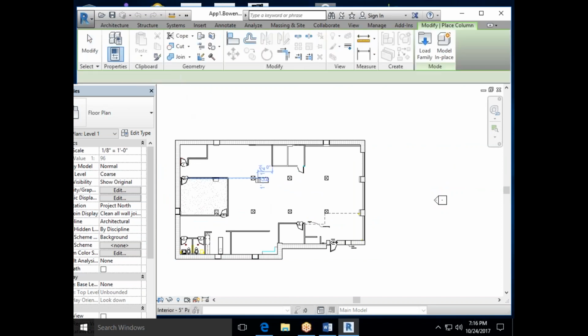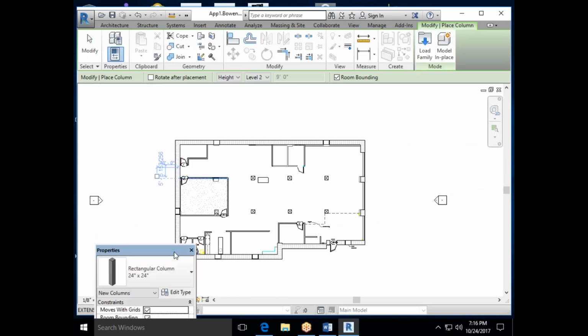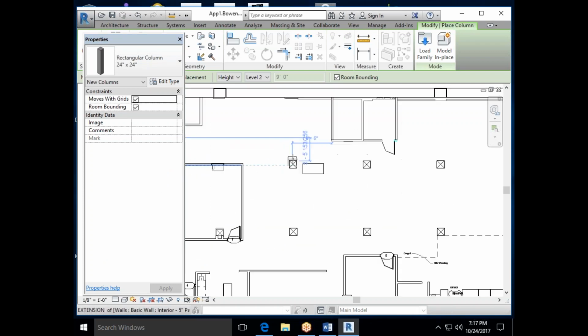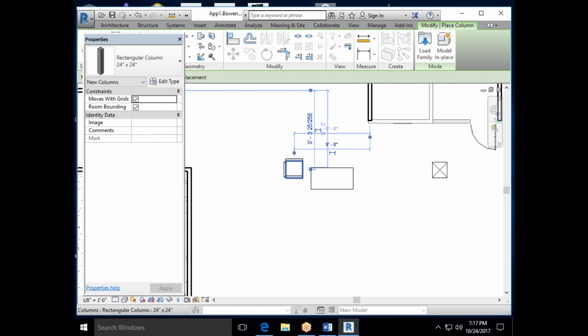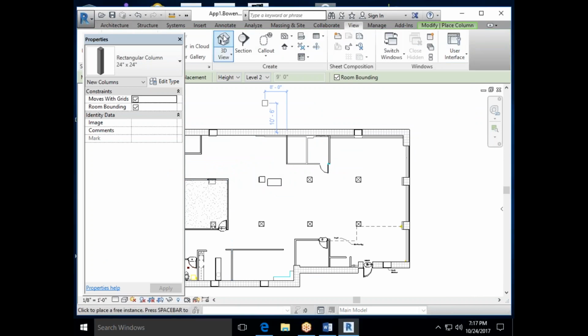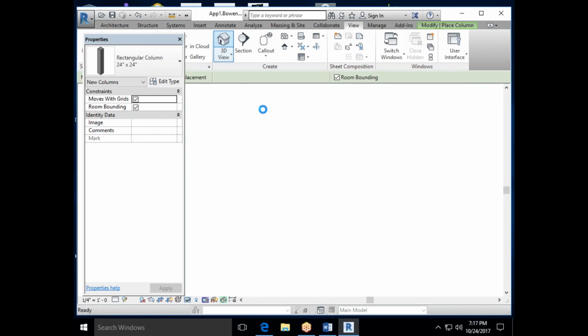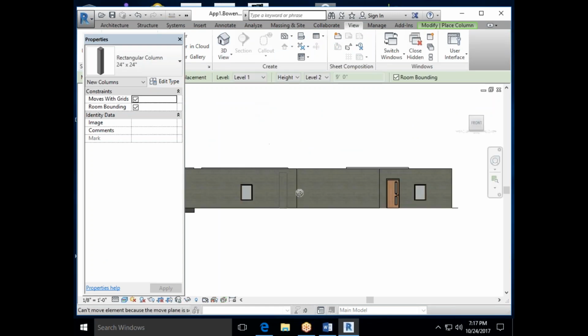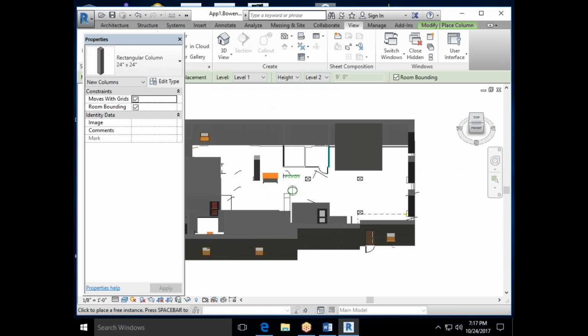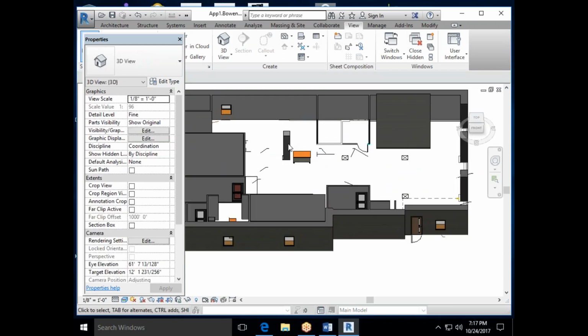So architectural, and I want to, let's put one right here. And then let's go into view, 3D view. Okay, and I'm going to orbit up over this. Okay, so